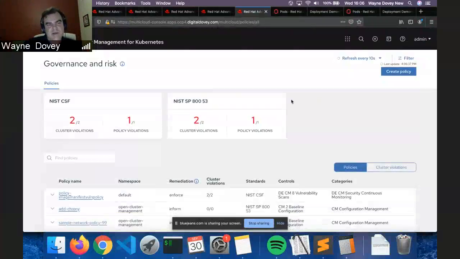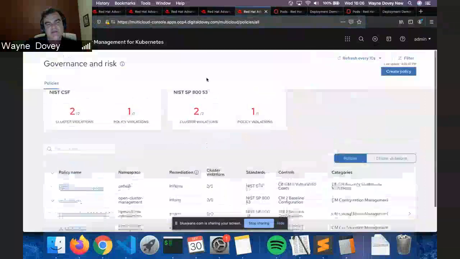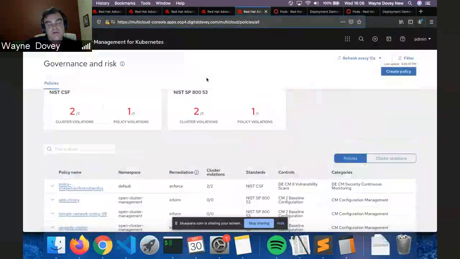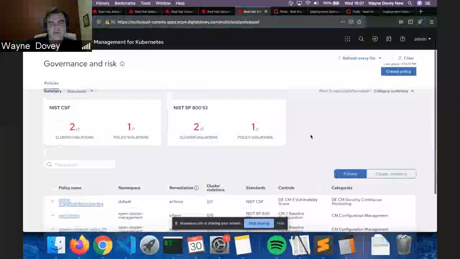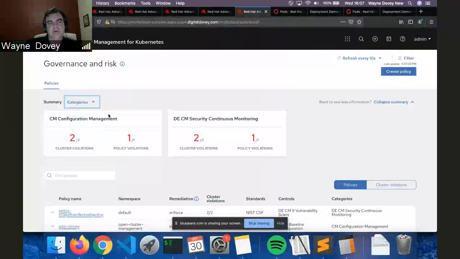Awesome. Thanks, mate. So moving on to the compliance and risk piece, I think this is probably one of the most attractive and one of the most important parts of the product. Not to say that the application deployment stuff isn't, but I think there's definitely a massive requirement, and I would say a gap in the market, to manage this capability on Kubernetes. I don't think it quite exists in the format that ACM delivers it.